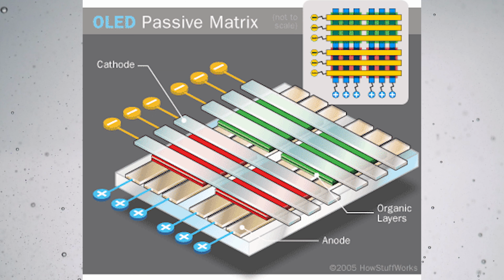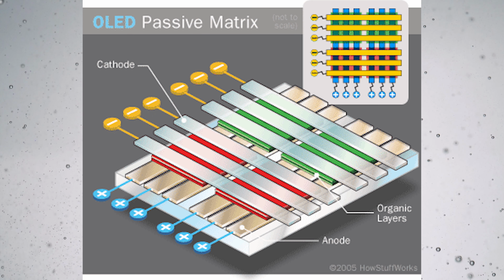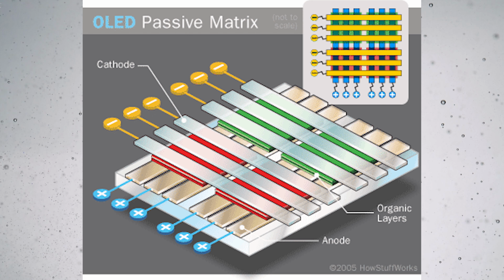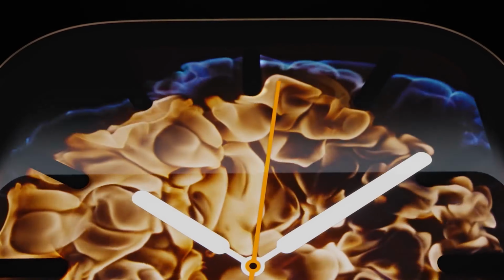Now there is one more type of display, and that is PMOLED. PMOLED stands for Passive Matrix Organic Light Emitting Diode. PMOLEDs are easy to find and much cheaper as compared to other LEDs, but they are not capable of working for a longer duration as their lifespan is very short. This type of display is generally used in small devices up to 3 inches.